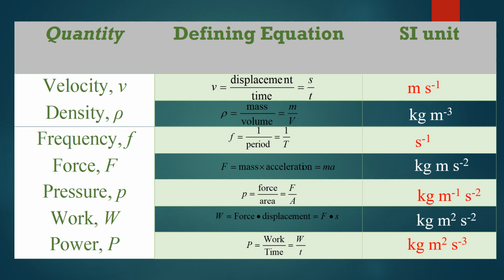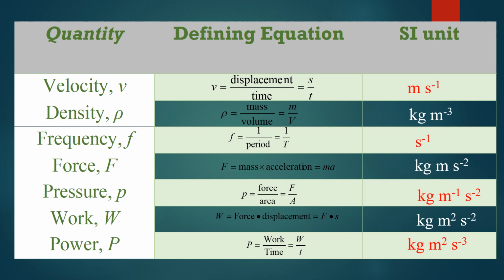Force is mass times acceleration. Acceleration, as you learned before, is in meter per second squared, right? That is the basic SI unit of acceleration. And we have the mass here, which should be in kilogram. And then we have the pressure, that is force divided by area. As we look at the force here, the relationship is kilogram meter per second squared. We put it back inside, and the area should be in meter